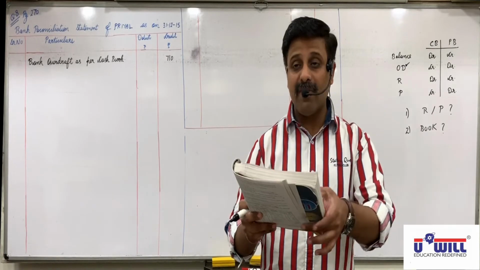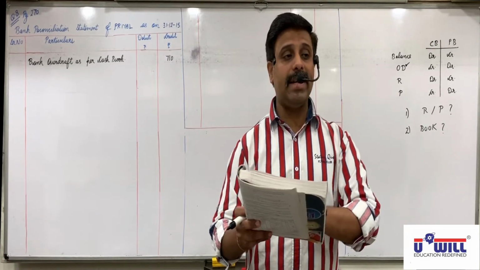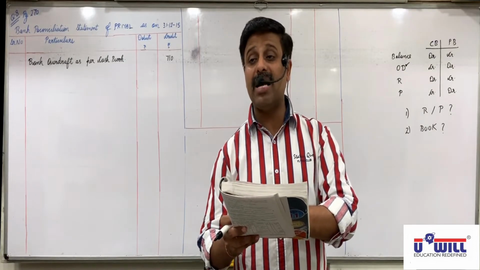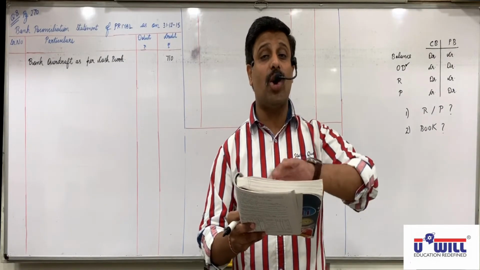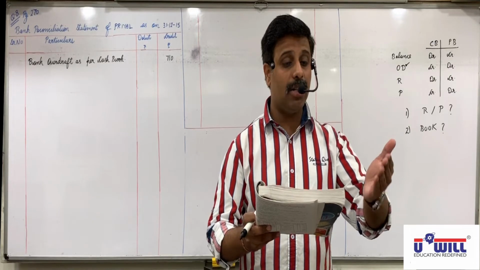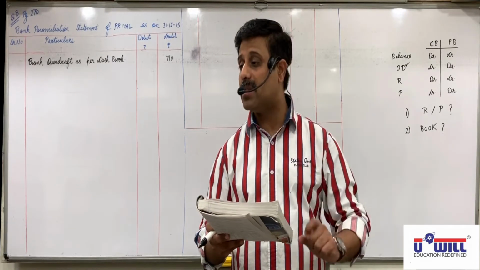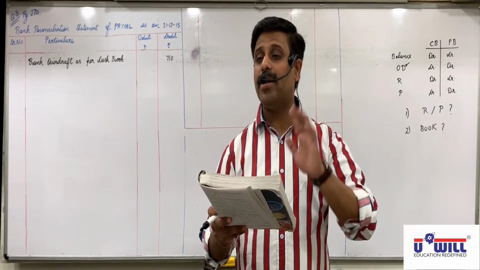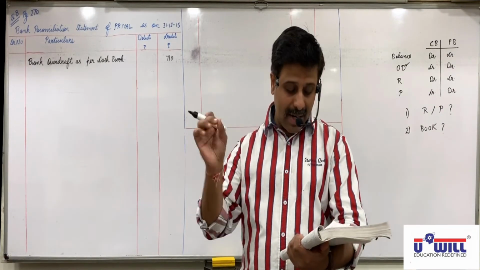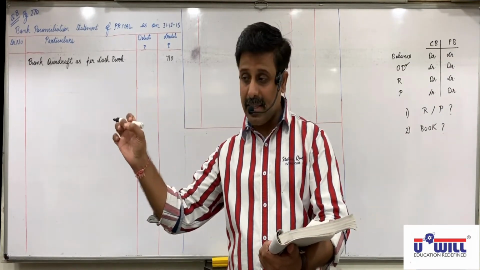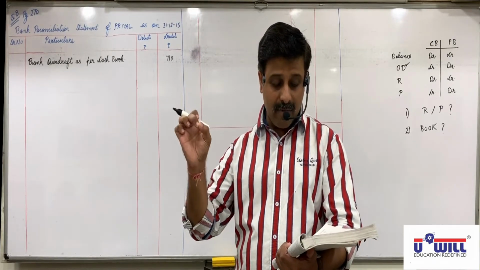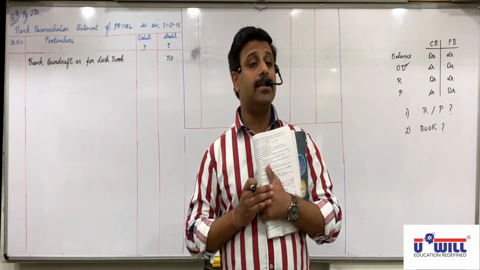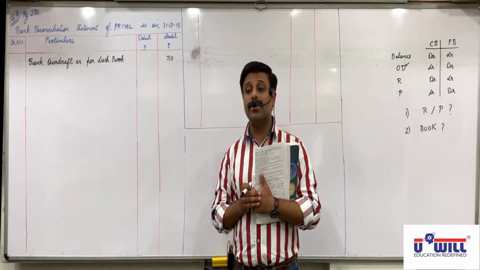Same way, 1,500. When is it debited in the cash book? 30th December. When is it credited in the passbook? 2nd January. Means not credited in December, so we will credit it in DRS. Which two amounts will you credit? 4,600 and 1,500. Okay, so underline 27/12 and 30/12. These two amounts we have to credit in DRS. Raise your hand who did not understand this.